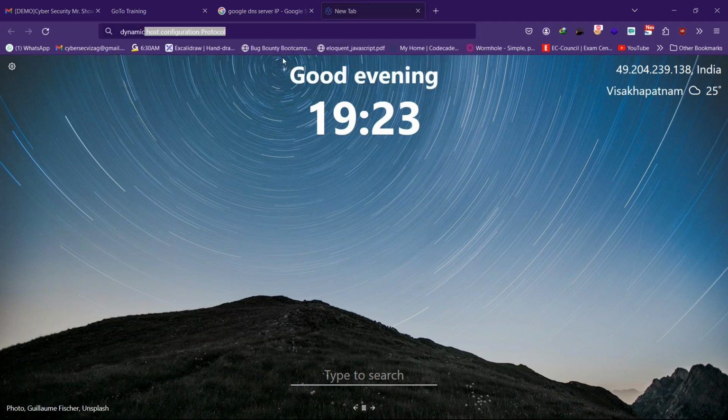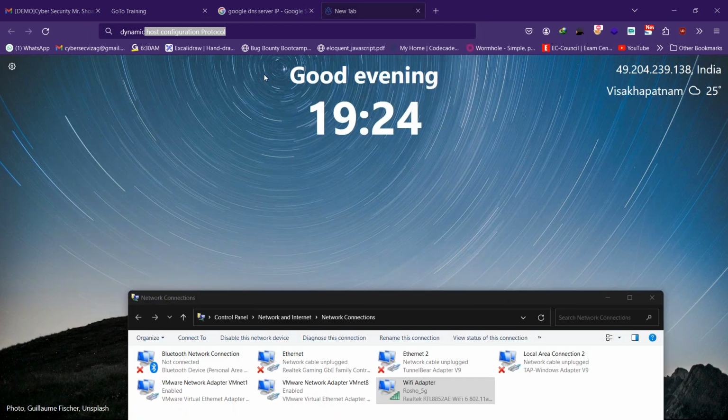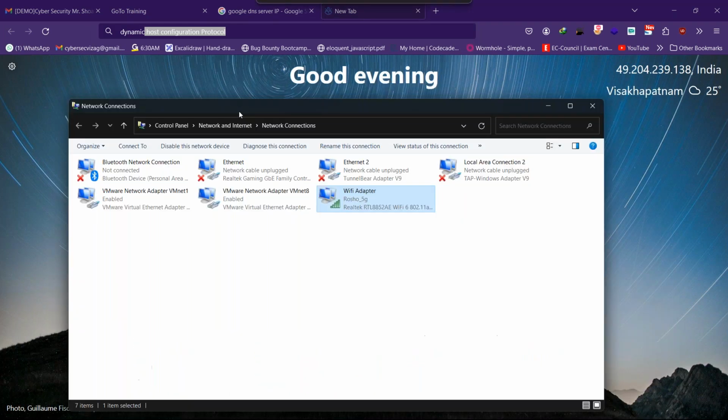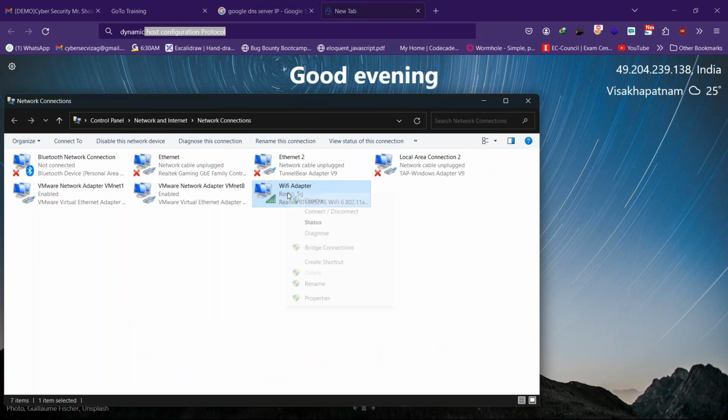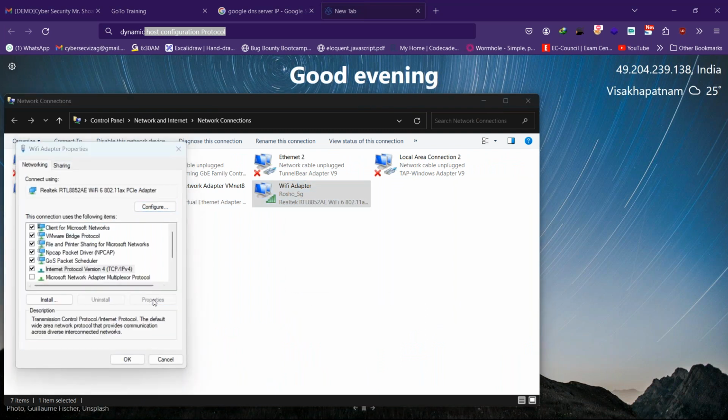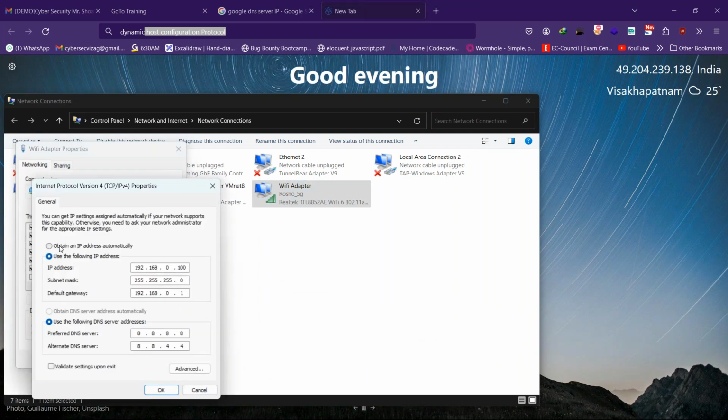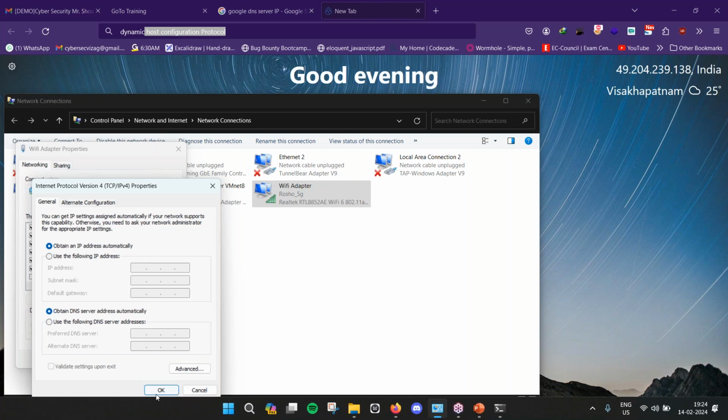With just one single click of a button, my system can automatically retrieve an IP address from a DHCP server. I just have to go to my adapter properties, then to IPv4 properties, and select this first option, obtain an IP address automatically, and obtain DNS server automatically. With just these two clicks, my system will automatically retrieve an IP address from the DHCP server. Let me show you that. So if I click on OK,